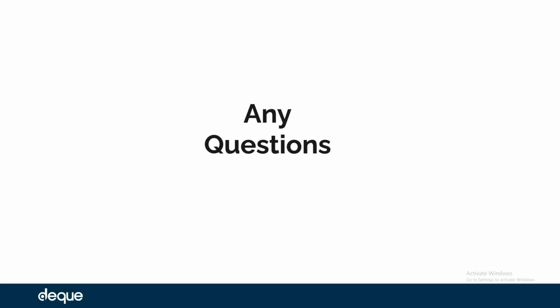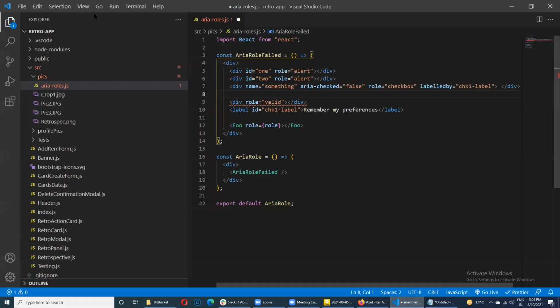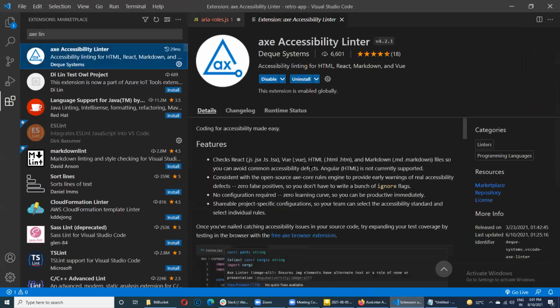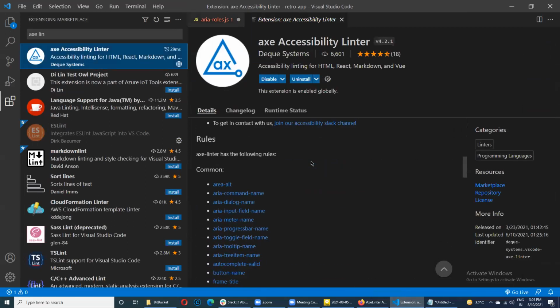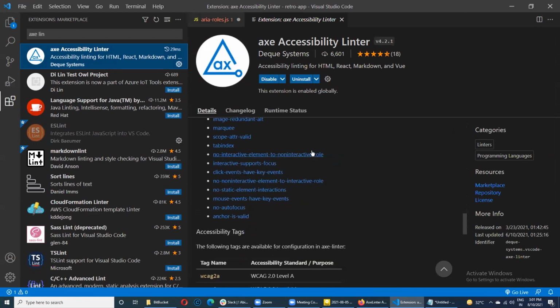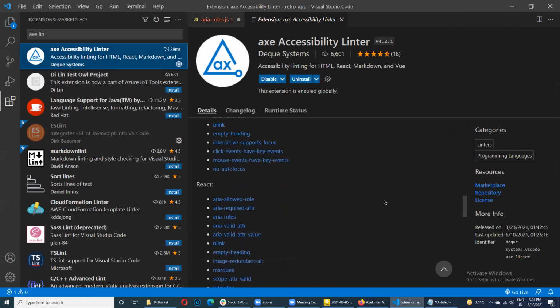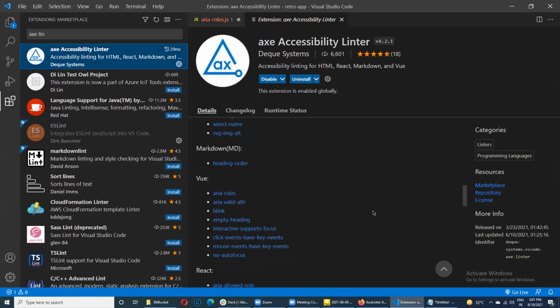Okay, so I'm not sure if anybody has missed that. Let me quickly show that once again. Avin, is my screen visible? Yes. Okay. So when I go to my extensions, you can see all the rules which are supported listed out here. With examples, you have all the rules listed out, and you can see which WCAG standards are supported also. Awesome. Great. I think that answers a few more questions which were followed up around WCAG.